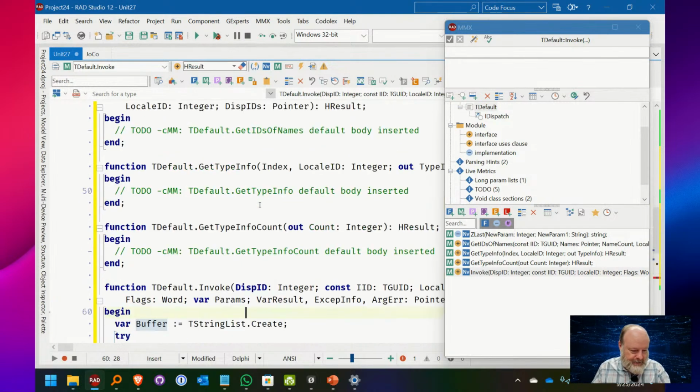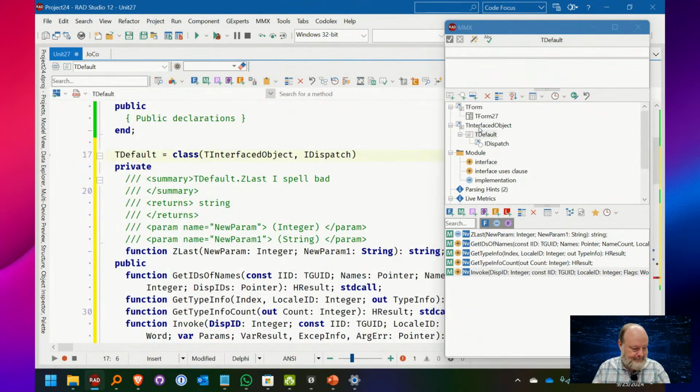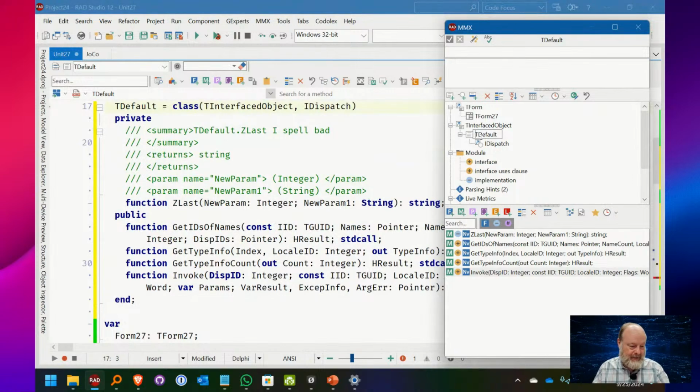Oh, and I did want to show, so I have this T default here. Let's say I'm like, you know what? That's a terrible name. Let's give it a better name. Oh, so let's go ahead and...